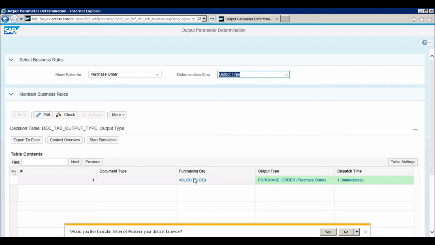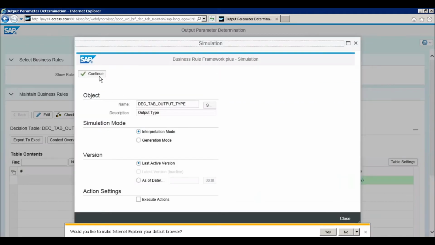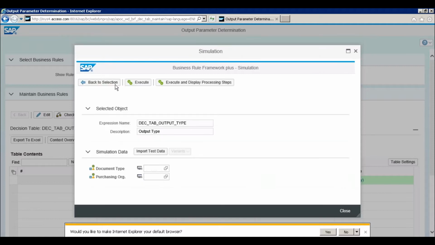At the same time, if you want to check whether the configuration you maintained is working or not, you can click on this start simulation button. This is something I forgot to explain yesterday. You can click on start simulation, and then just click on continue.